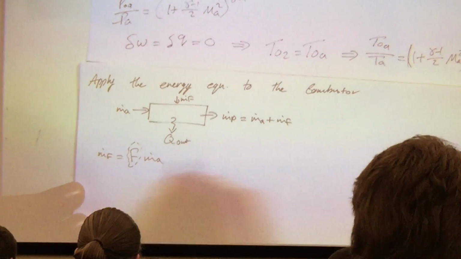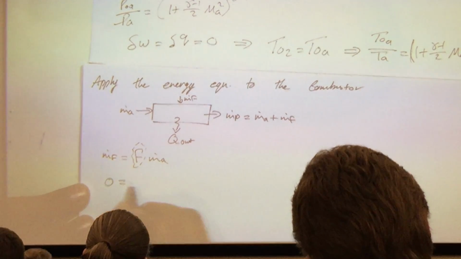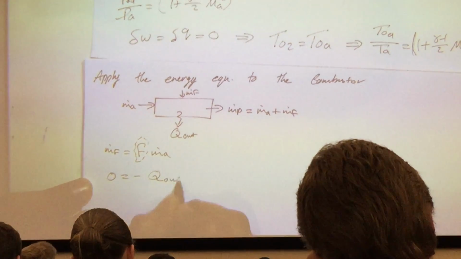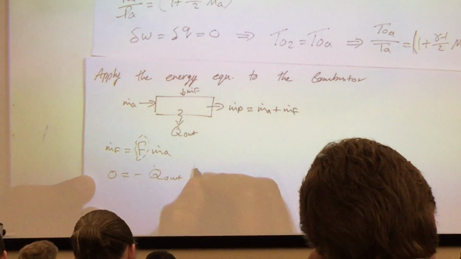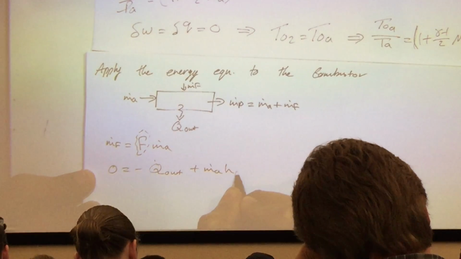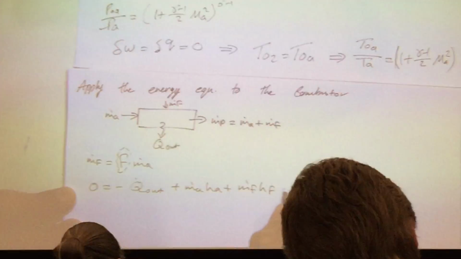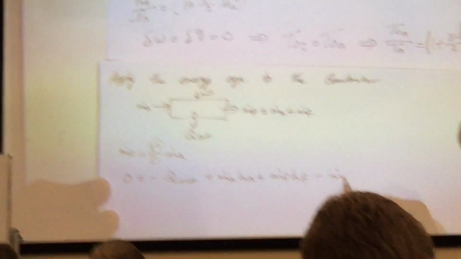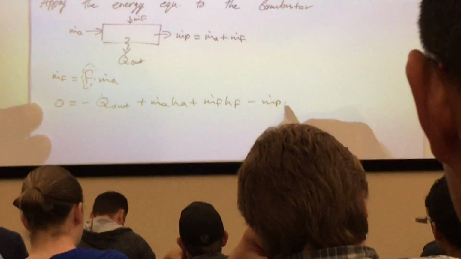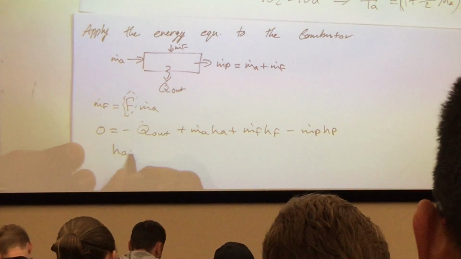Okay, so if we do our energy balance there, I don't have any work, so 0 is equal to minus Q out, because it's emanating out, plus m dot A multiplied by its enthalpy, plus m dot F multiplied by its enthalpy, minus the mass of products multiplied by its enthalpy. Well, let's define the enthalpies again. I have the enthalpy of A, that's most likely of air, in